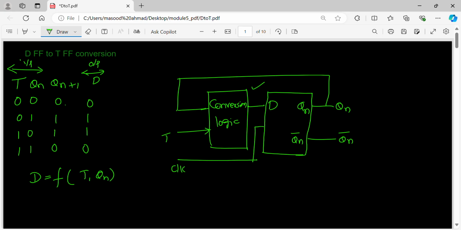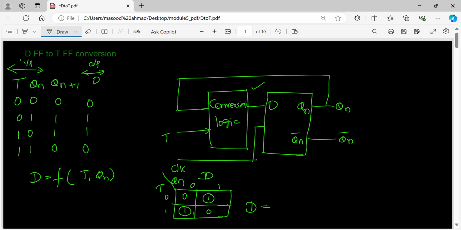So what I try to do is take up the K-map. K-map for what? K-map for the inputs T and Qn, of course for output D. We will try to tabulate it. This is 0 and this is 1, this is 0 and this is 1. So it is 0, 1, 1, 0. No more pairs are possible. So the expression for D is